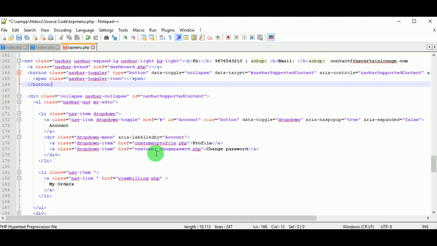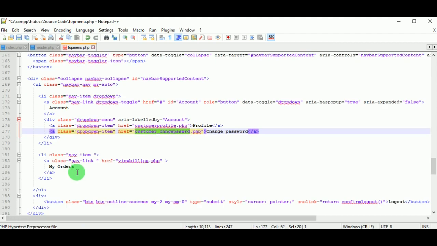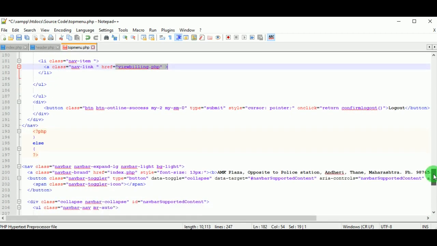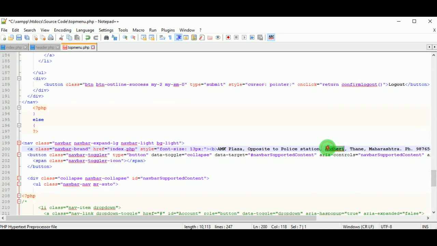In the top menu, the customer can view the profile and change password menus, and one is my orders. My orders is view billing.php, where the customer can view their billing details, that is, if they have made any purchase. So these are the menus in the top menu for the customer. We saw the different menus for tailor, admin as well as customer.